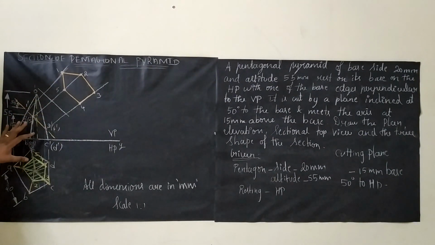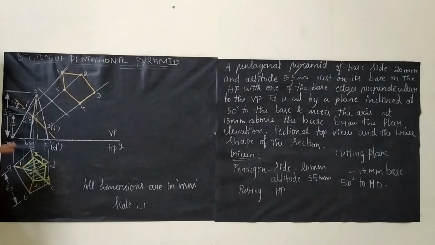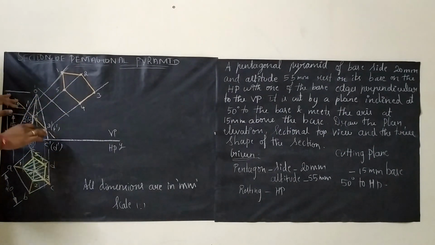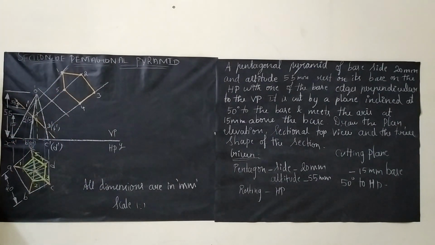3 dash and 4 dash are the same. If you extend vertically, it will be meeting the reference line. Just keep your compass and measure till 4. So the same distance you will mark for 4, and then keep your compass here, measure till 3 and for the same distance mark 3. Now we have marked all the 5 points, 1, 2, 3, 4, 5. The only thing is the distance varies. Since here we are having a larger distance, we got an enlarged image. We just got the true shape of the section.